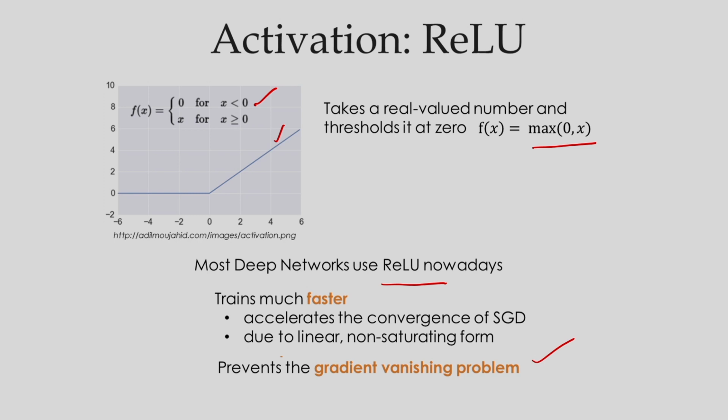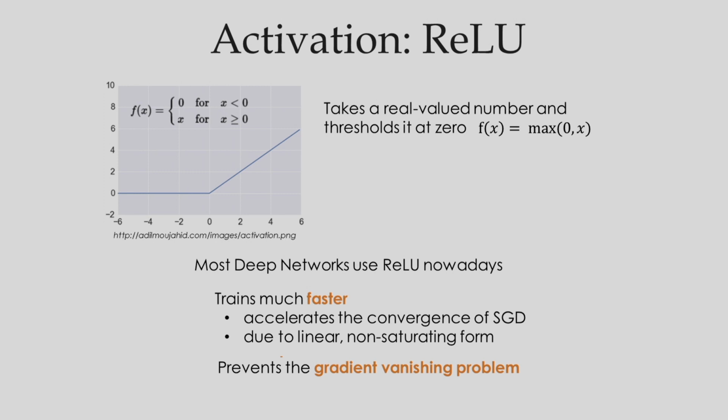So that concept I have not explained here. So if you are interested in the stochastic gradient descent algorithm, SGD, you can see that, and also the concept of the saturation, that is the gradient vanishing problem, you can see. So based on this principle, most of the deep networks use the ReLU function. So this is about the convolution neural networks.